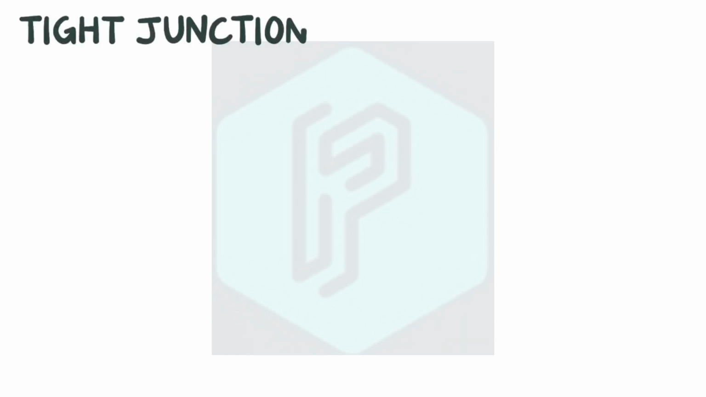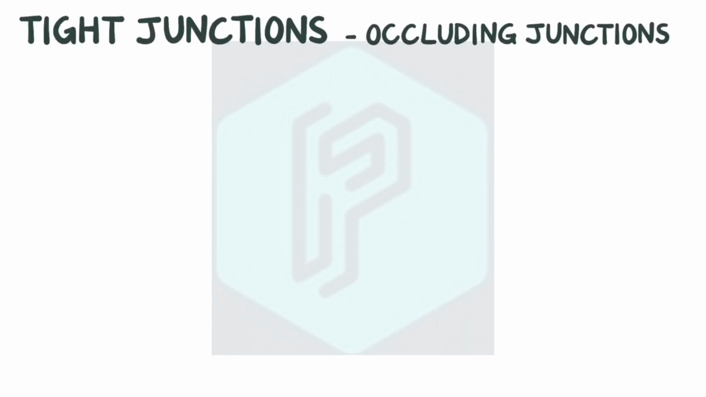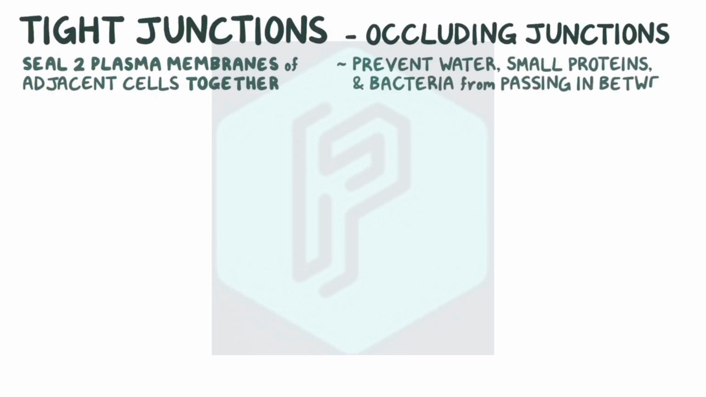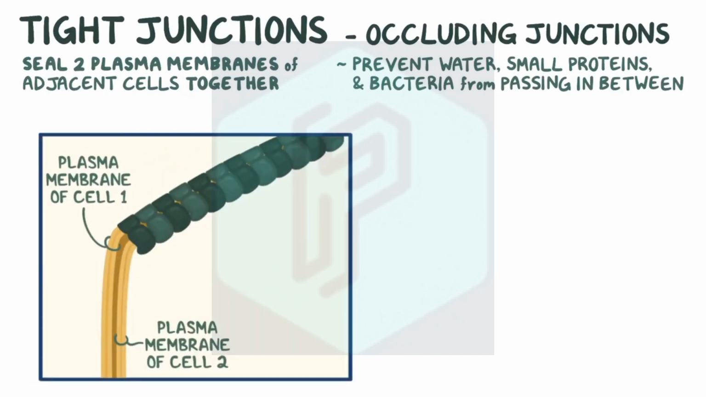Now, tight junctions, also known as occluding junctions, are protein structures that seal two plasma membranes of adjacent cells together. As a result, they prevent water, small proteins, and bacteria from passing in between two adjacent cells. Tight junctions are formed by proteins called claudins and occludins that are embedded in the plasma membranes of both cells. The proteins on one membrane can interlink with the proteins on the membrane of an adjacent cell and seal them